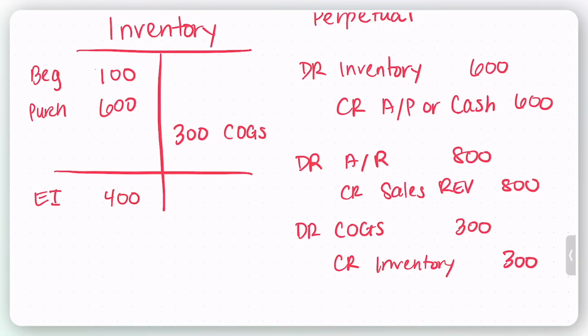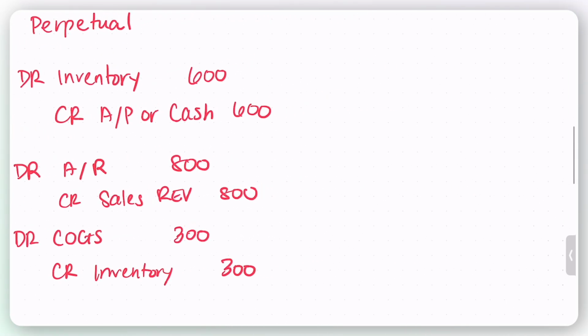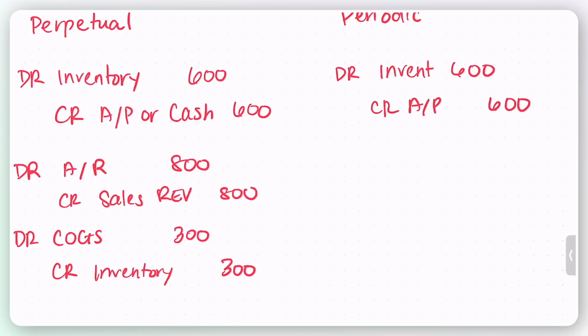This is all in dollars, not in units. That's important. Now let's consider what a periodic system would look like. Just like in the perpetual system, we would also debit inventory for $600 and credit accounts payable when we made that purchase. And when we made the sale during the period, we would debit accounts receivable for $800 and we